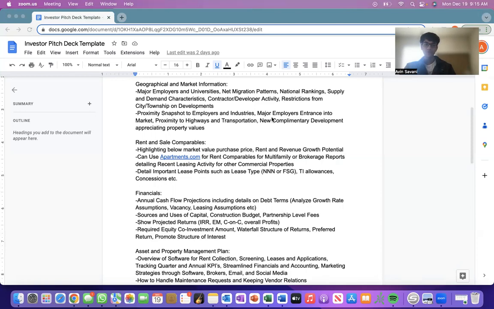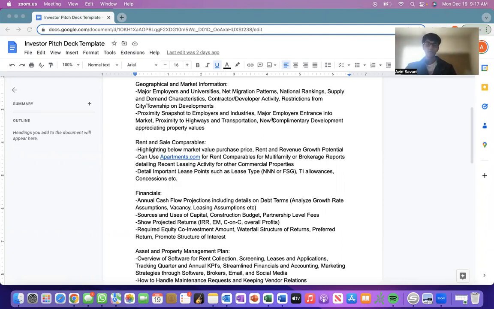Major employers entering the market. This is again talking about the major moves into the market. Whether Amazon or Apple or another big name, like the FANG stocks, right? Facebook, Apple, Amazon, Netflix, Google. If one of them moves into the area, everyone raises their eyebrows, right? That's a good implication that there's going to be a lot more job creation, and more people moving towards that city, right? So I would recommend that.